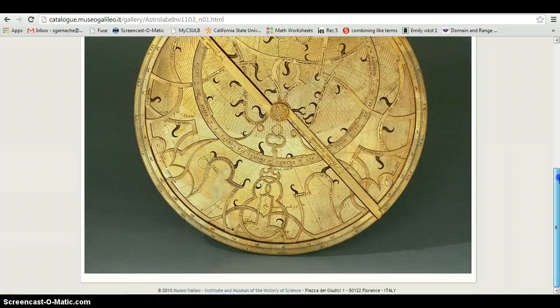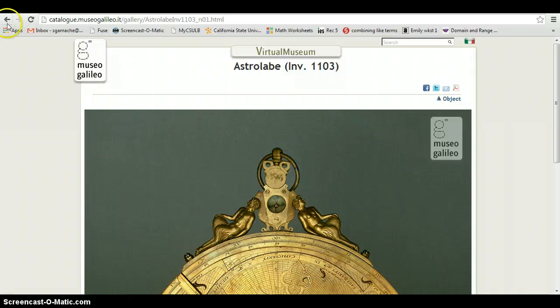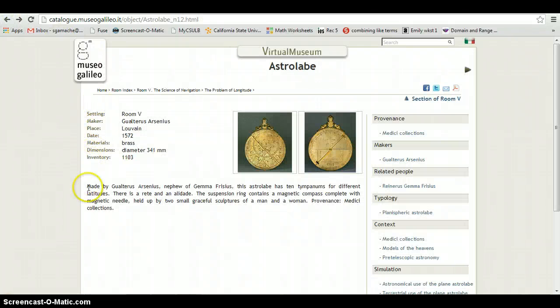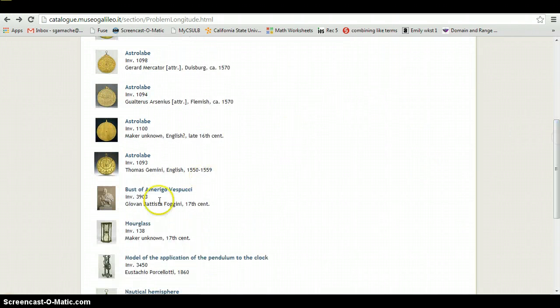And so this is a really cool piece. They have a photo of it, which I think is really awesome. If you go back, it tells you about it. It was made by a guy whose name I can't really read, I'm not going to lie, who was a nephew of someone famous by the sounds of it. That's super cool. If you go back again, we can go down and click on the bust